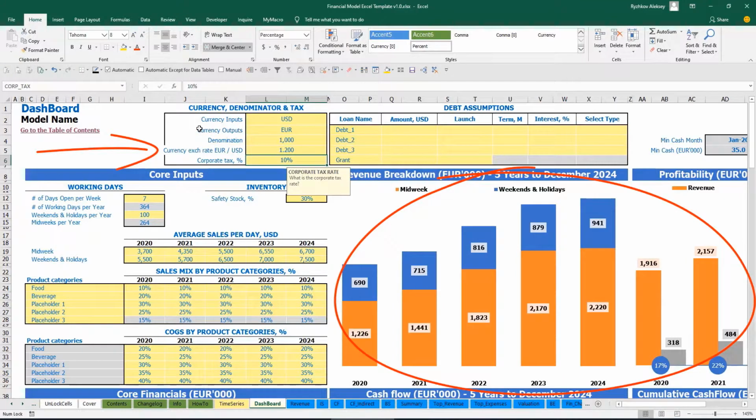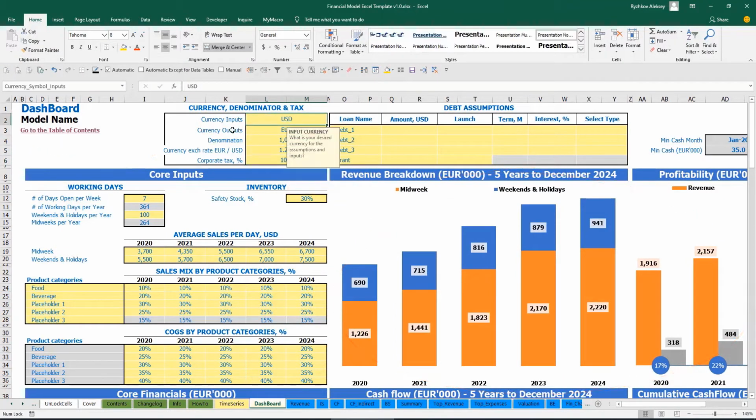In this case you will have in the model all your inputs in United States dollars, all your outputs in euros, and there will be a conversion rate between currency inputs and currency outputs. Additionally, you have denomination, which means that you can denominate all your outputs on the reports. In this example